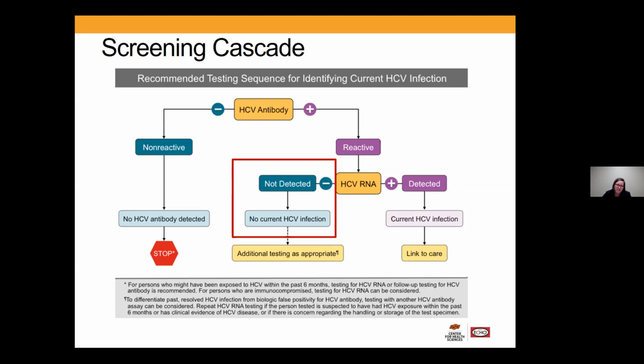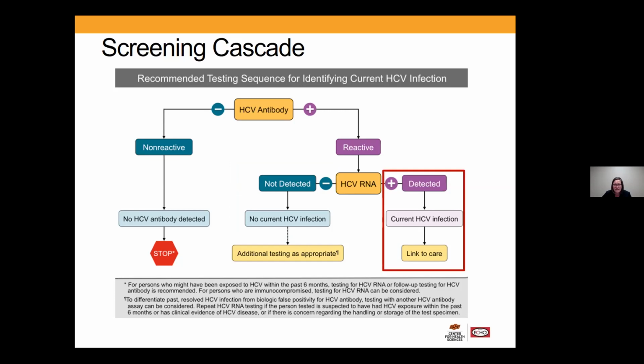Now, if they do have active risk factors for reacquiring hepatitis C, you don't go back to the antibody test, because a patient will always have a positive antibody once they've been exposed, and that doesn't go away. So if a patient is re-exposed or you have an active IV drug user, then you'll want to retest with the RNA quant or the viral load to tell if they have an active infection or not. Now, if it's detected, then that's when we know they have a current hepatitis C infection, and that's when you're going to link to care and go through the process for evaluating this patient for treatment.